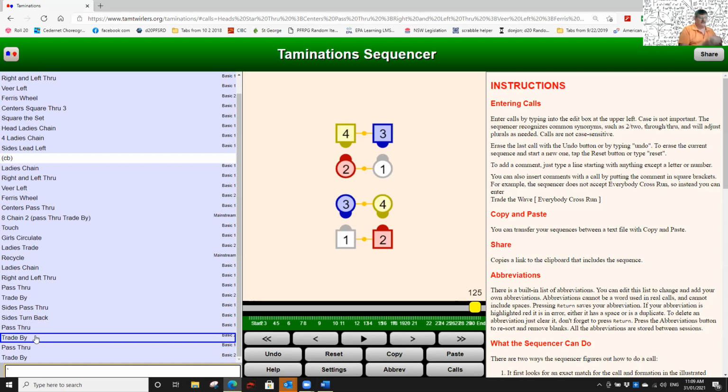But what we're looking at, we've got the formation is Nate chain 4, the arrangement is boy, boy, girl, girl. The sequence right now should be out of sequence, I believe. Now in sequence. And the arrangement changes from relationship 1 to relationship 2. So if we add the pass-through trade by,